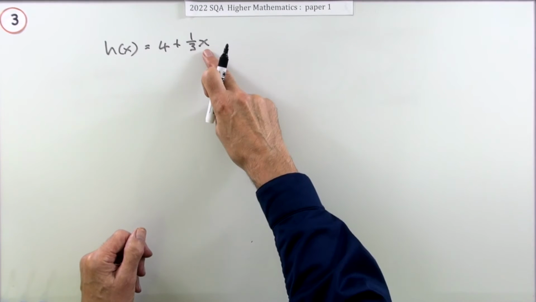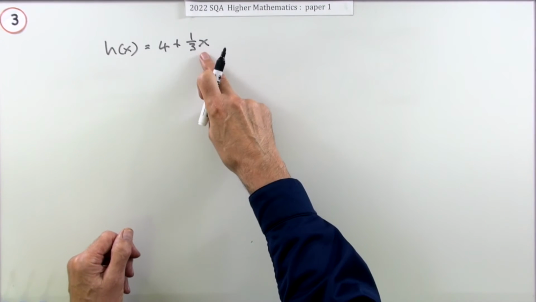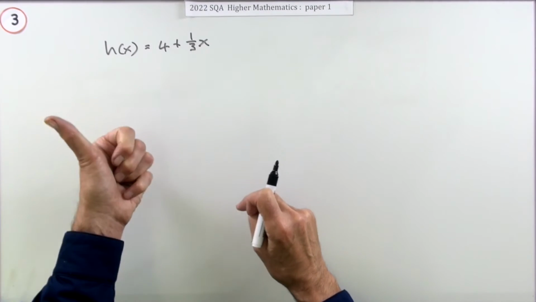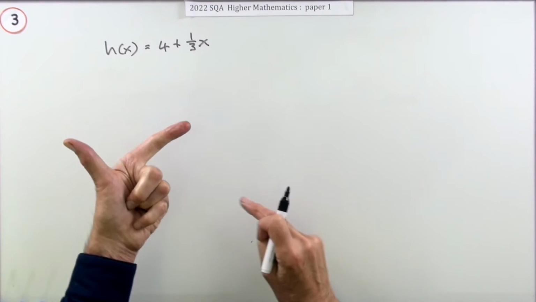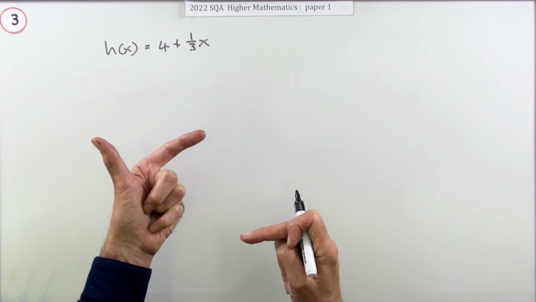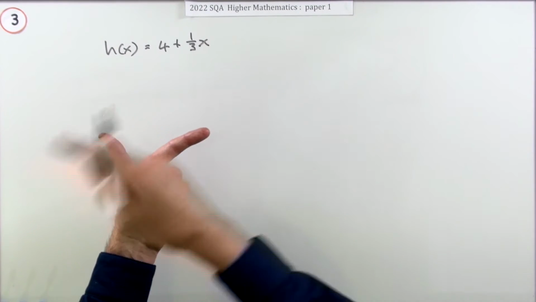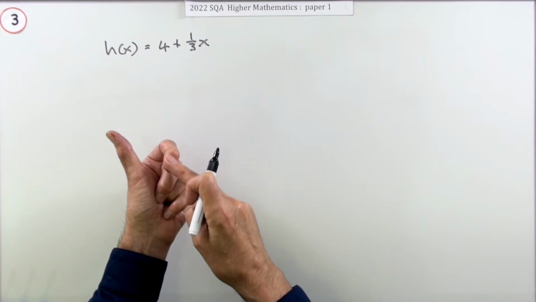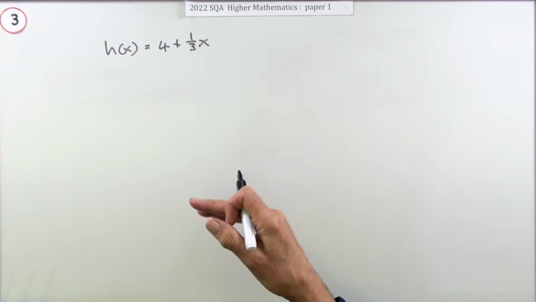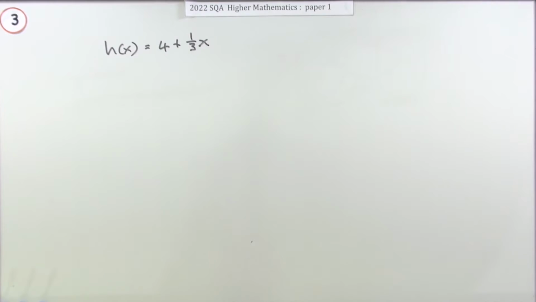What happens with it? You start with a certain number x. What does this say you do to it? Well, first of all, you do the multiplication part. You start with x, so you divide it by 3. Then you add on 4. How can you undo that? Just go through those steps in the reverse order, undoing what you did to retrace your steps. So you would take away 4, then multiply by 3, and that's the answer. Take away 4, multiply the whole thing by 3.